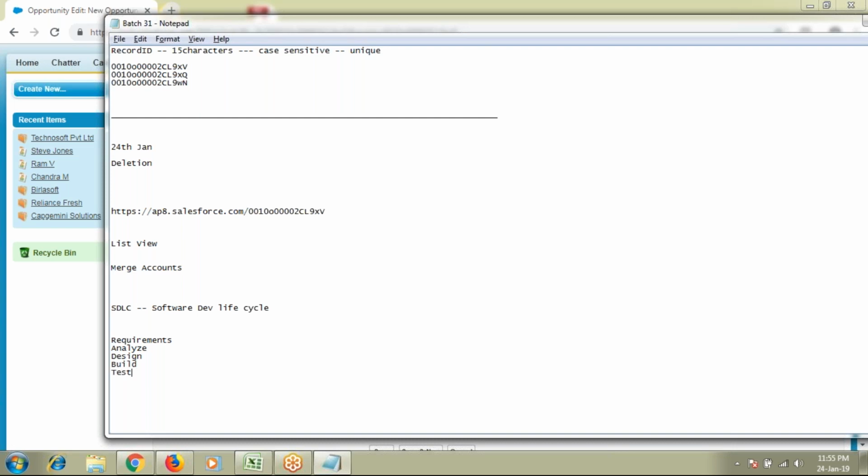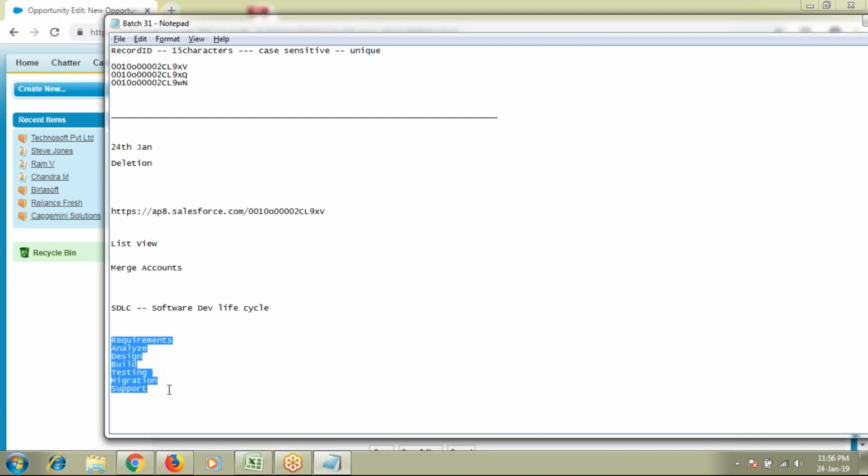Once the building is completed, the UAT users do the testing, and once the testing is successful, you deploy the changes, which is called migration. Once the migration is completed, you do the ongoing support. So this is the life cycle, a step-by-step process.